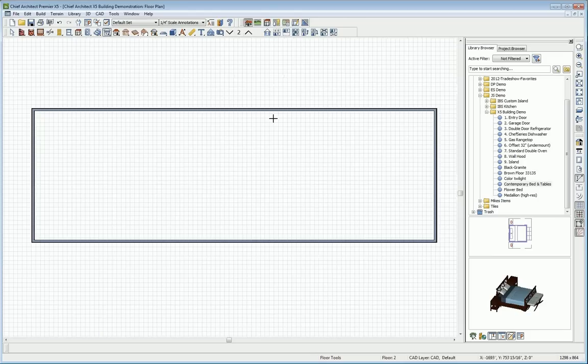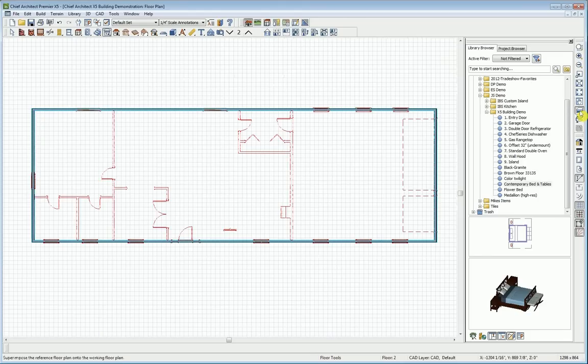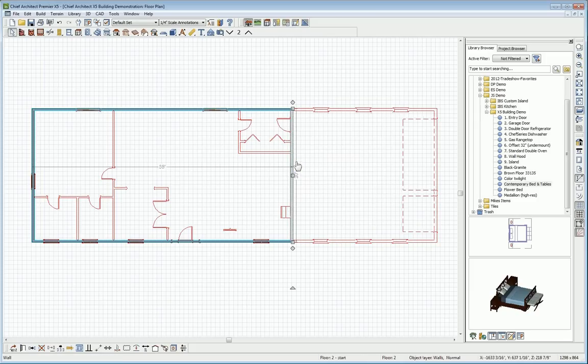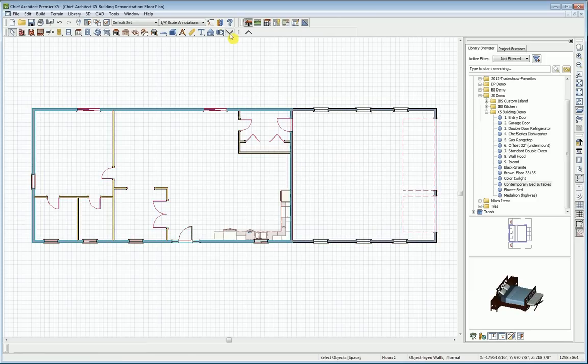So it's looking a lot like when we first started. We'll go ahead and turn on our reference display on the right-hand side of our screen. And this will bring up a display of everything I've done on floor 1. So we'll go ahead and bring this wall in to expose the garage, and go back down to floor 1